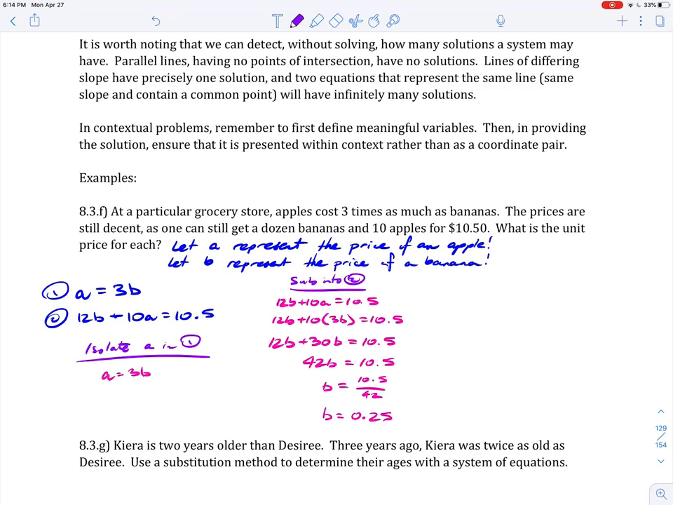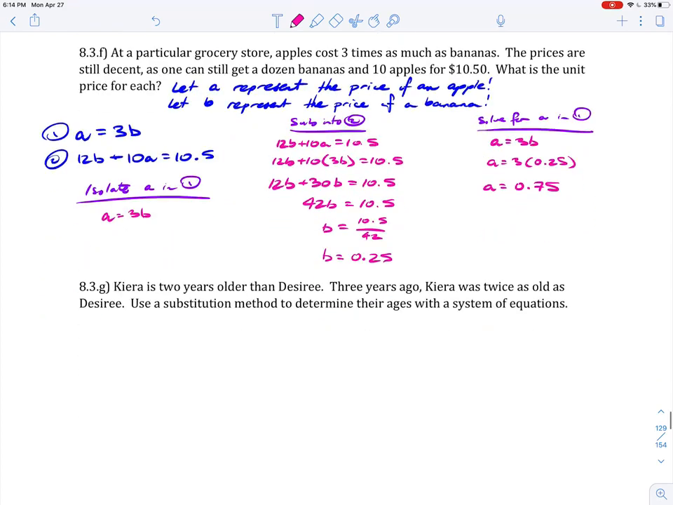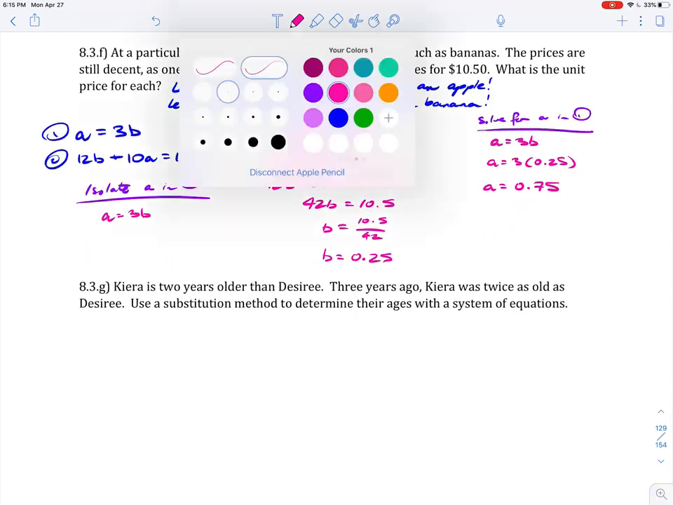That tells us the price of a banana, but we don't know the cost of an apple. Sub this into either one. Personally, I'm going to go with equation 1. I'm going to solve for A in 1, where A is equal to 3B. So A must be 3 times 0.25. A is